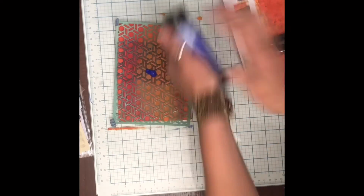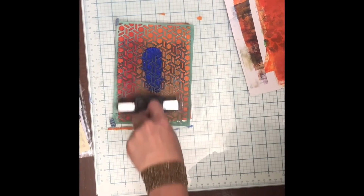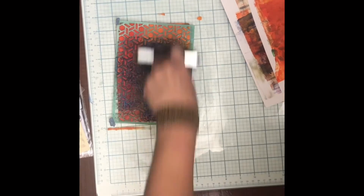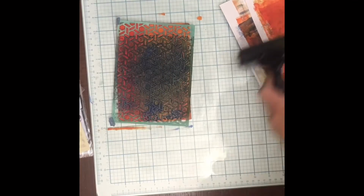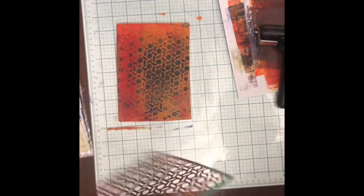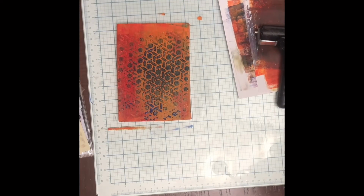So again, I like complementary colors, and this is a way to do it, through the stencil once you've pulled the print, and it will not turn to a mud this way. Obviously, if you added this over without the stencil, it would turn brown. So I'm going to pull that. And I like that I didn't get it all over equally. So it's going to make a nice,